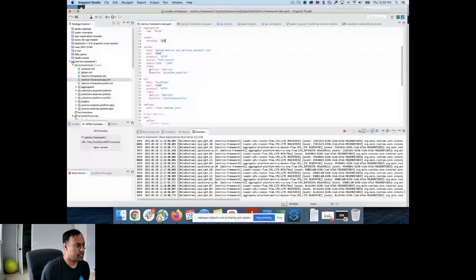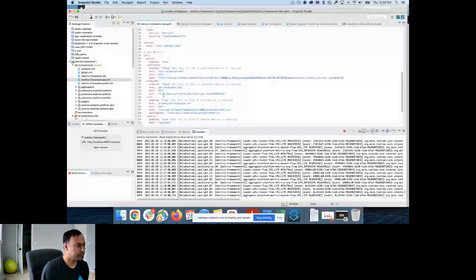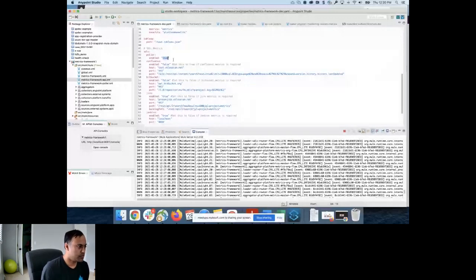So I can configure it here. And then I have to configure the matrix, the indices. I'll show you in Splunk. And then if you have these external SDLCs, you have to enable them, you have to turn them to